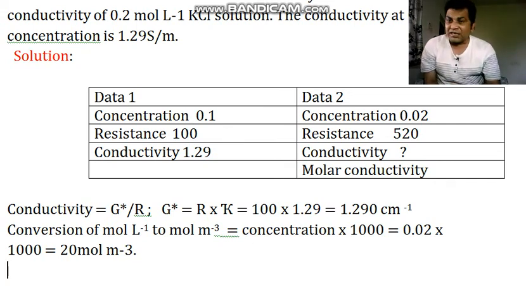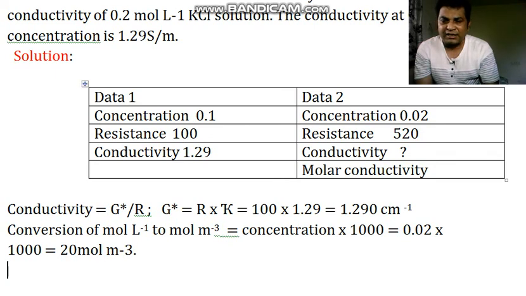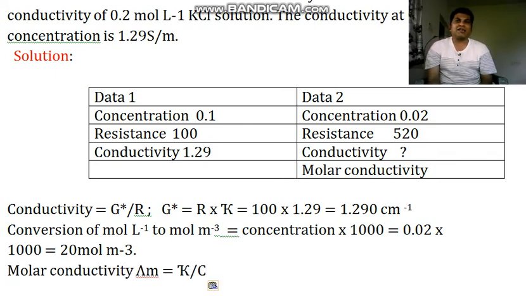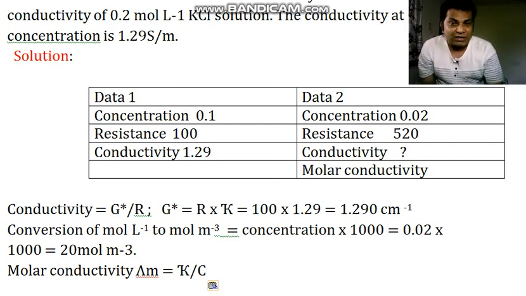Now we are going to calculate the molar conductivity, and the formula for molar conductivity is lambda m equals kappa by c. Now what is your idea about kappa? But before that we have to find out kappa for 0.02. This conductivity is given, you are correct, but it is given for data number 1. The conductivity is given for the first case, and we have to find it for the second. So this conductivity should be found first, and that's why we are taking the formula.